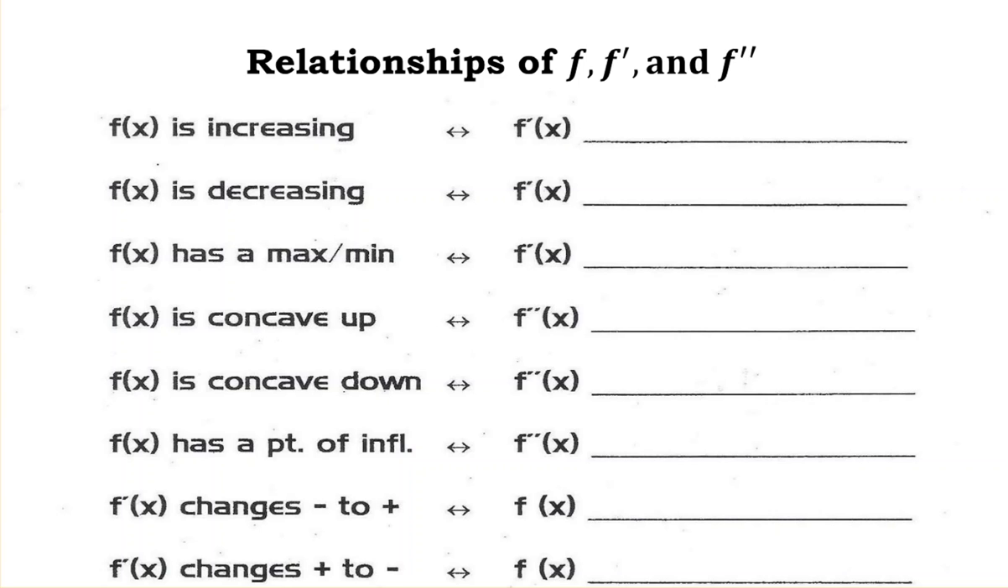All right, so we've got, if the function is increasing, then the first derivative, what are we supposed to know about the first derivative if the graph is going up? What do you think? It's above the